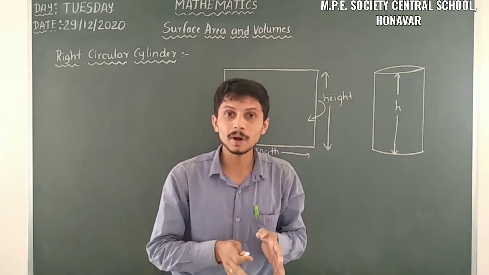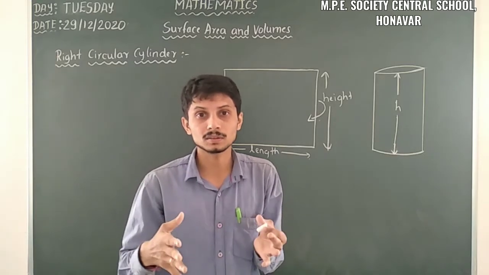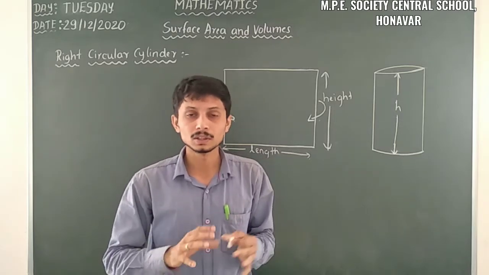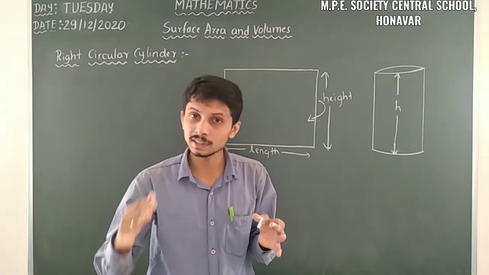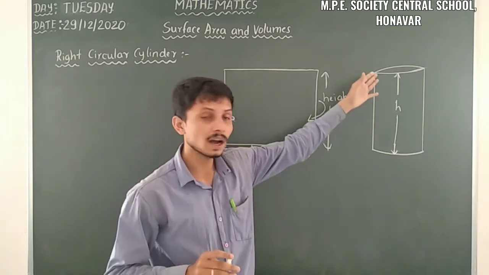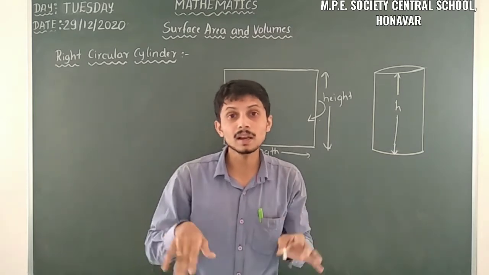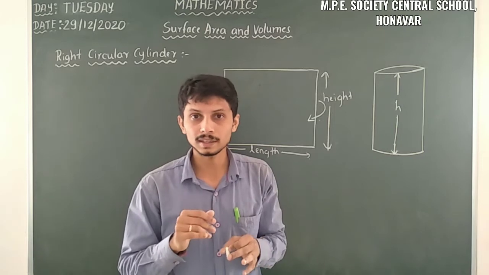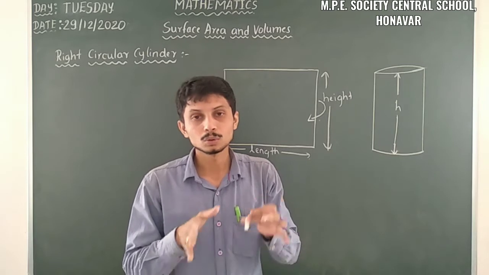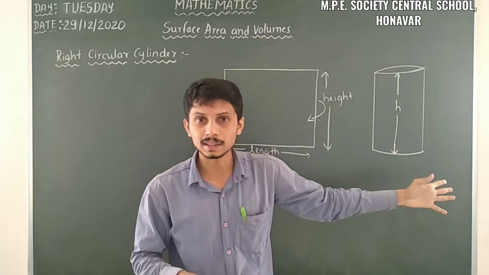Sometimes in problems we have the length of the pipe. Here the length, height and breadth are all the same. So the length of the pipe is also a cylindrical shape. Whatever the length of the pipe means, it is only the height of the right circular cylinder. A well is also cylindrical in shape, so in that case we call it the depth of a well. The depth of a well is also the height of the cylinder.